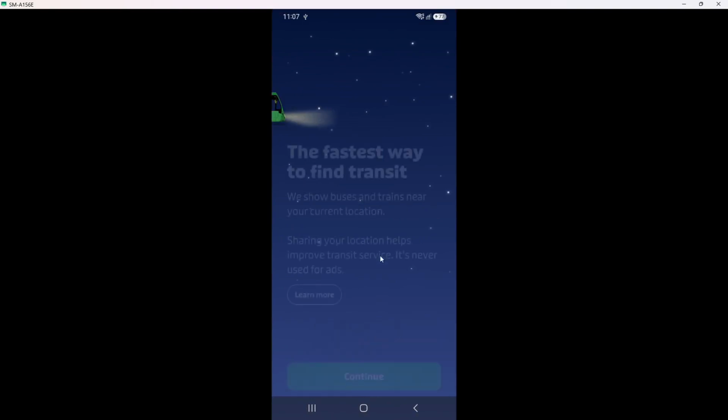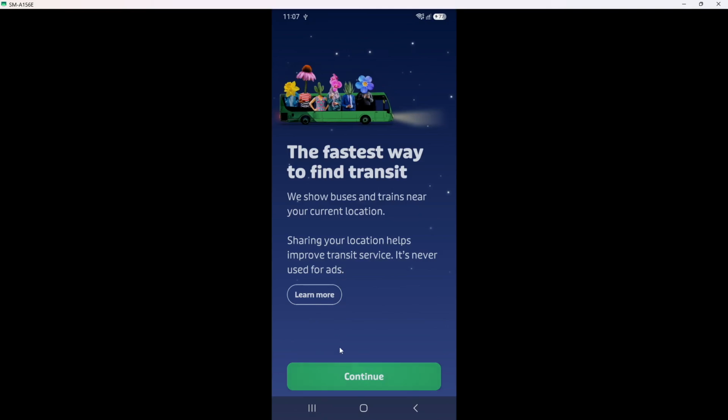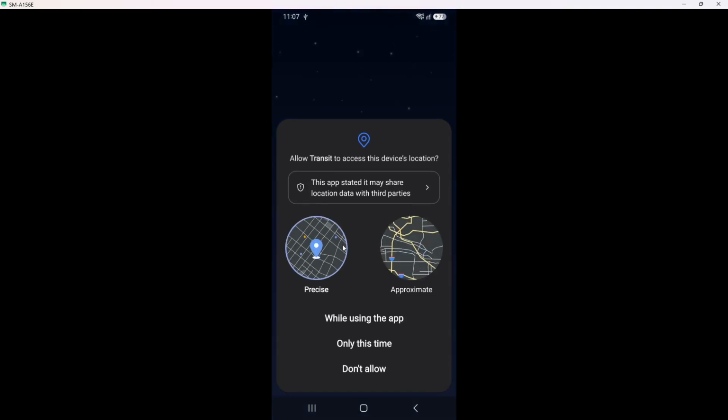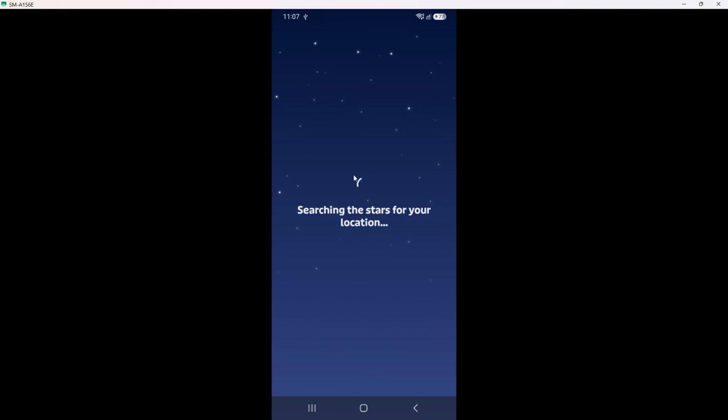This step is vital because the app uses your location to provide accurate and timely updates regarding nearby transit options. When prompted, tap Allow to grant this permission. It may feel a bit intrusive, but rest assured, this feature significantly enhances your user experience. You will see a confirmation indicating that the app can now access your location, ensuring you receive the best possible service. With that ready, you are all set to start using the Transit app.